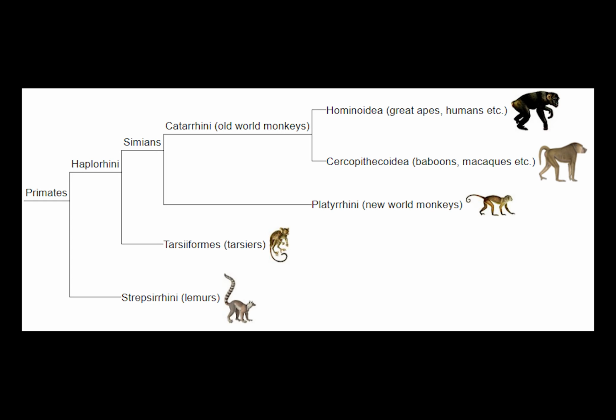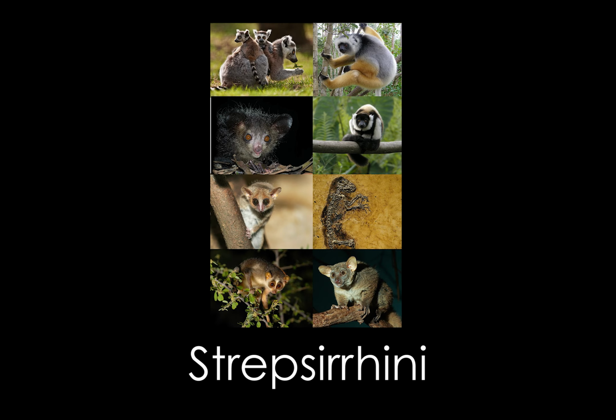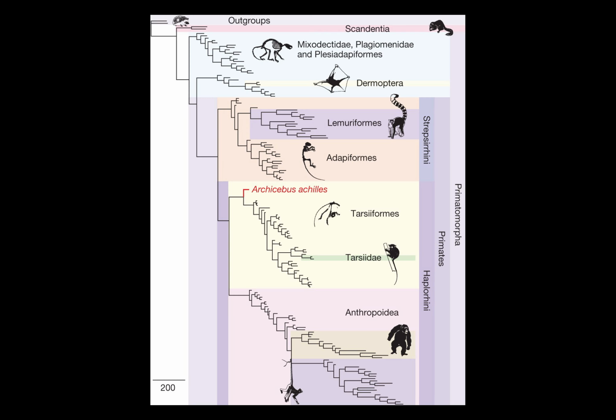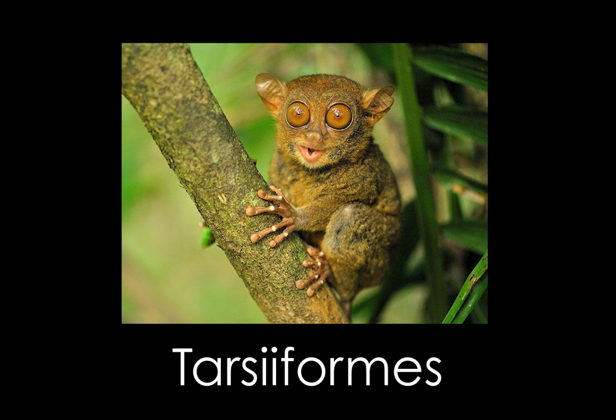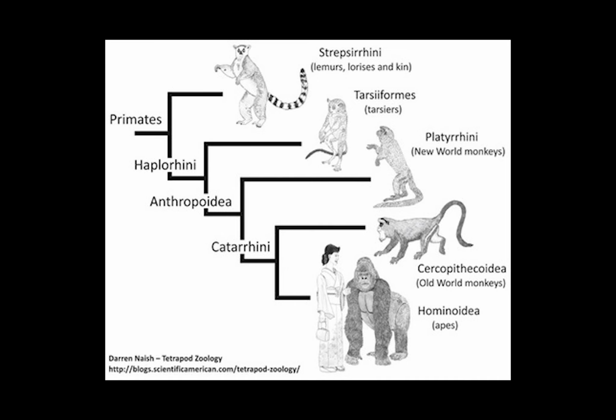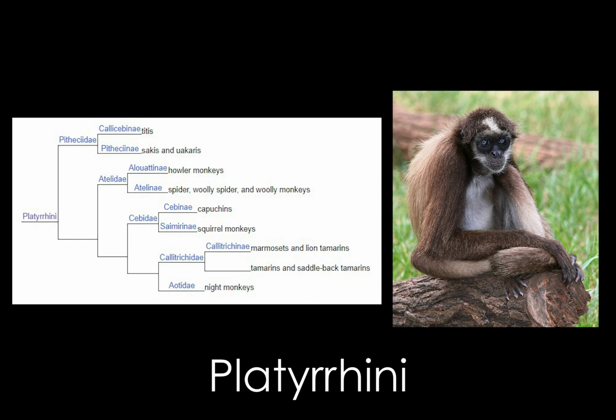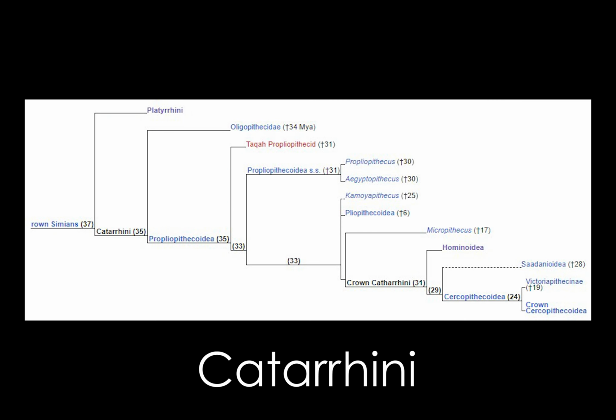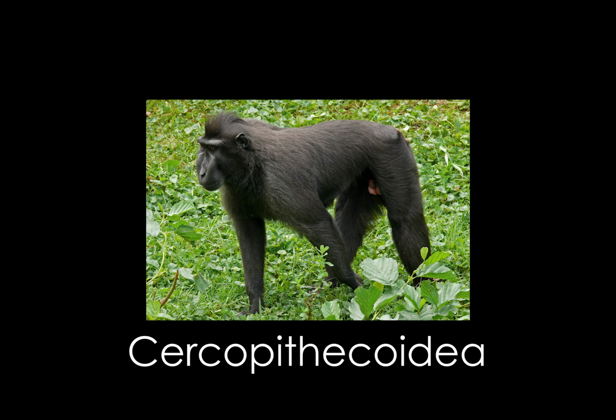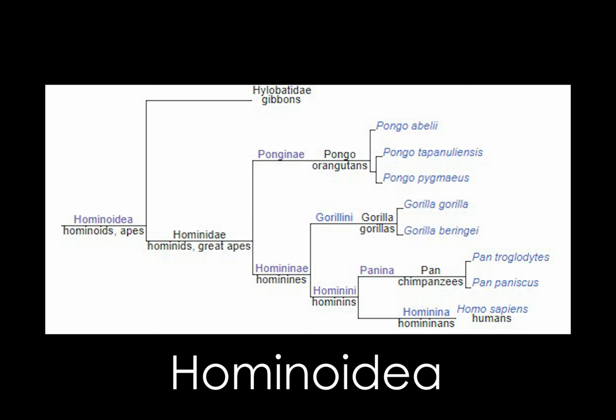Chimpanzees are in the mammalian order of primates. This order contains two suborders, the Strepsirini, containing all lemurs and lorises, and the Haplorini, containing the tarsiers of the infraorder Tarsieriformes, and the simians of the infraorder Simiiformes. We can further divide the Simiiformes into two parvoorders, the Platyrini, or the New World monkeys, and the Catarrhini. Catarrhini can then be divided into two superfamilies, the Cercopithecoidea, or the Old World monkeys, and the Hominoidea, or the